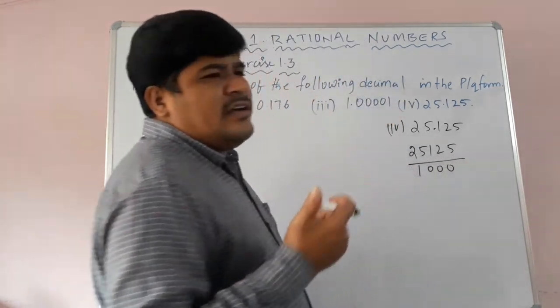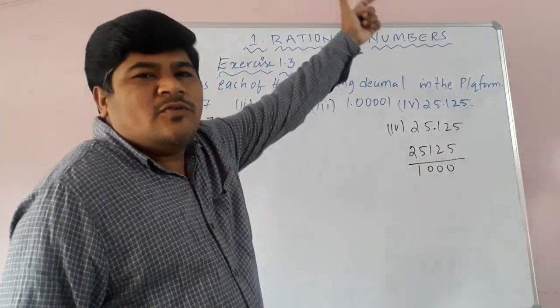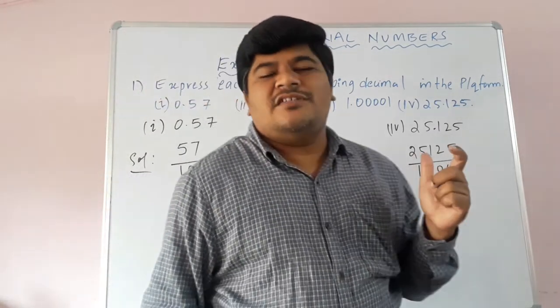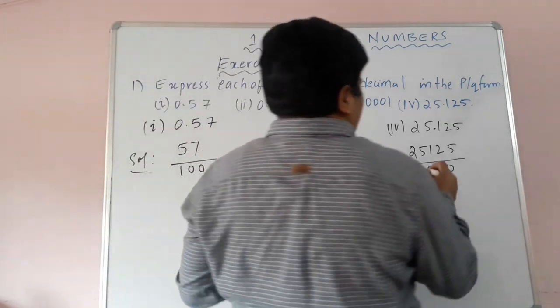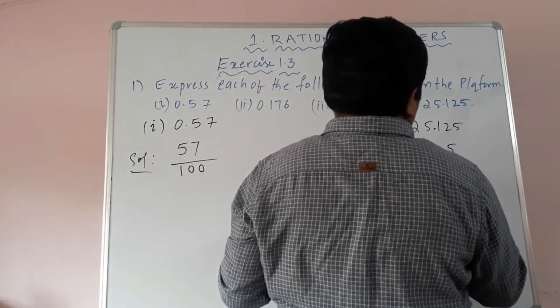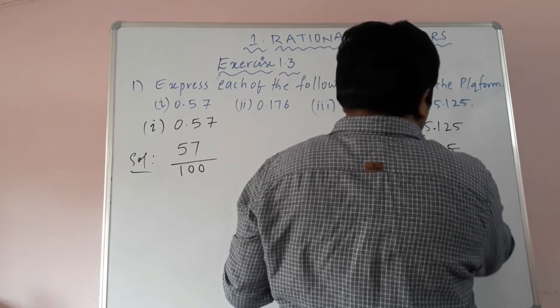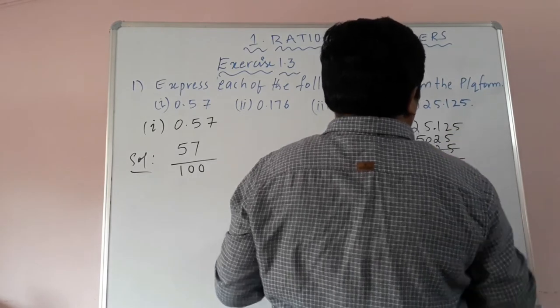So children, common factors are there, because it's ending with 5, it's ending with 0, it's ending with 5. So the divisibility rule of 5: if a number is ending with 0 or 5, it's divisible by 5. So 5 is the common factor. You can reduce the fraction, children. 5 2s are 10, 5 zeros are 0. Now 5 5s are 25 and 1 is here. So 5 zeros, 12 is there, 5 2s, 5 5s.